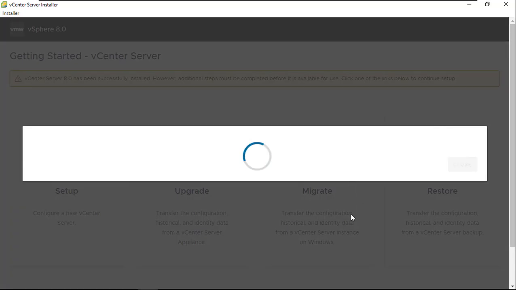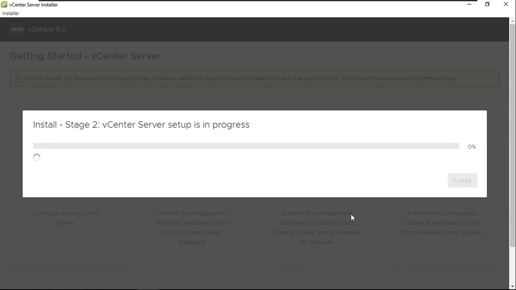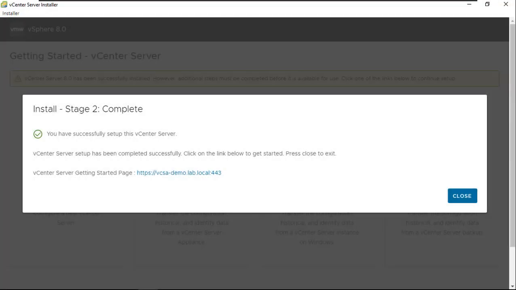And this part's going to take a little while as it runs through and completes all of the configuration of the vCenter server appliance. So I'm going to pause my recording so that you don't have to sit here and wait through that entire process. So here we can see that stage 2 of the installation process is now complete. So we're in great shape, and we've got our little getting started page here